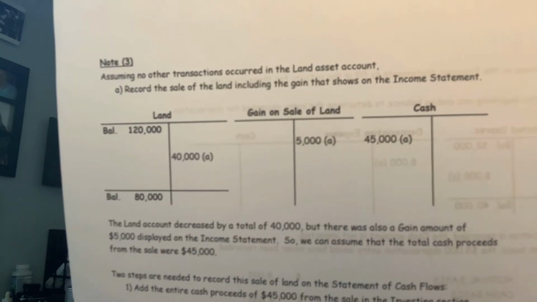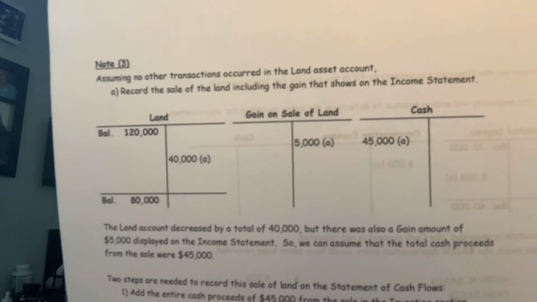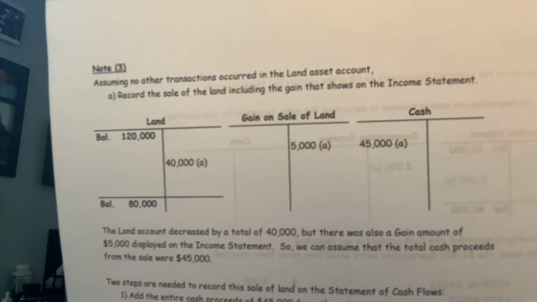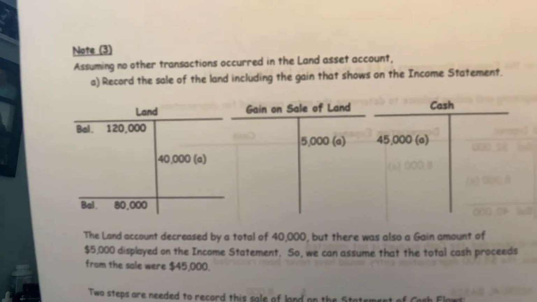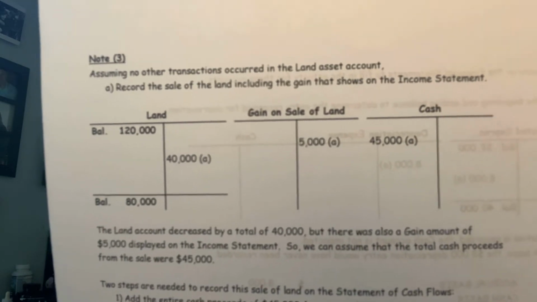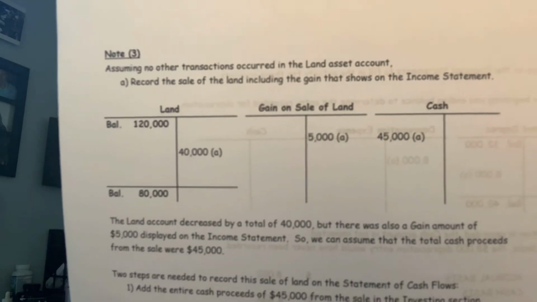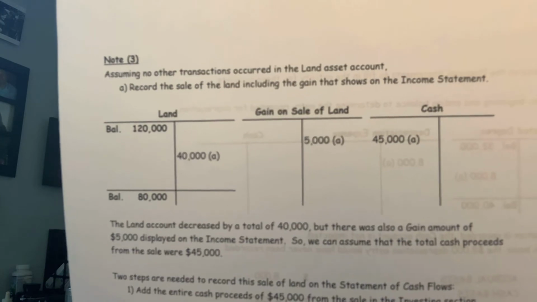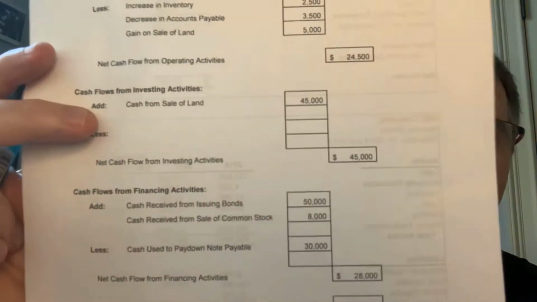Now, the next question you have to ask yourself is, what kind of activity is this? Well, when we buy or sell an asset like land, a long-term asset, this is going to be an investing activity. Now, the good thing about the investing activity section, if you recall from earlier, is this one